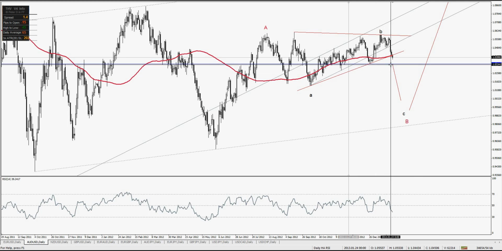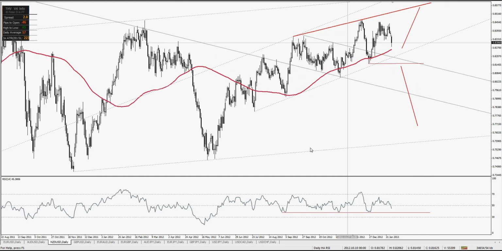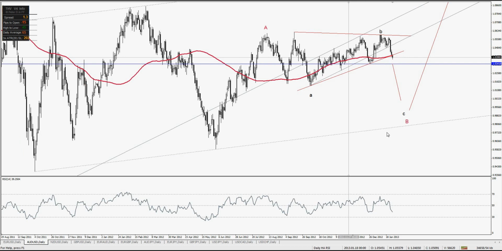So New Zealand. We could have a rising wedge going on here. So maybe we see a test of this trend line again and another high. That's kind of what has me a little leery of saying this is for sure going down, because